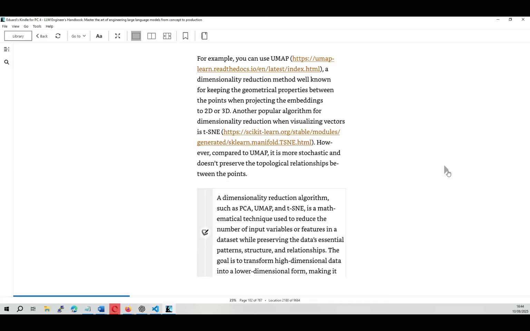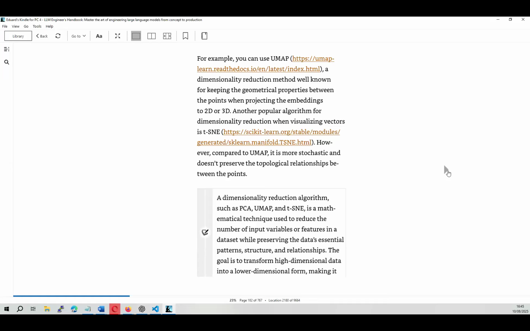This is the maximum number of dimensions we can perceive as humans. But with the embedding models, a word can be represented with 2,000 dimensions, for example, which is impossible for us to visualize. So that's why various techniques like UMAP or